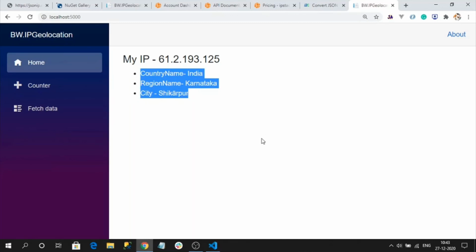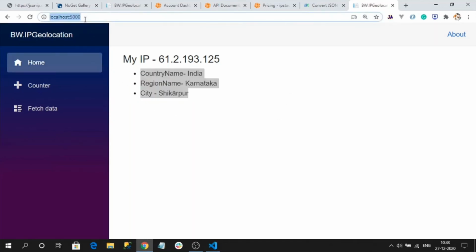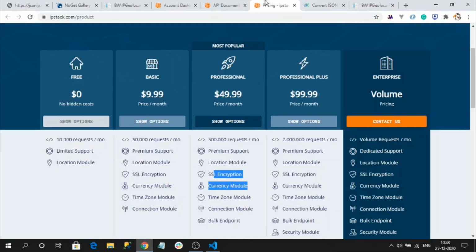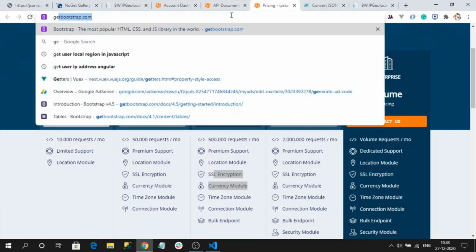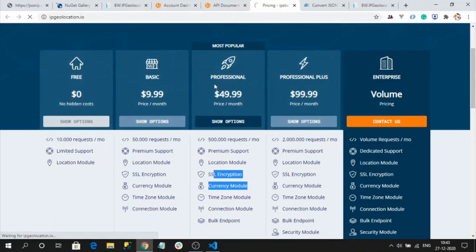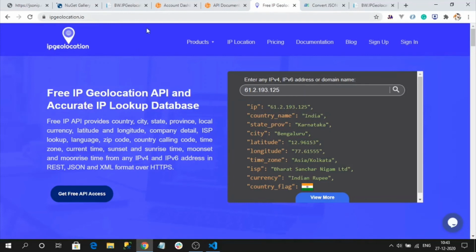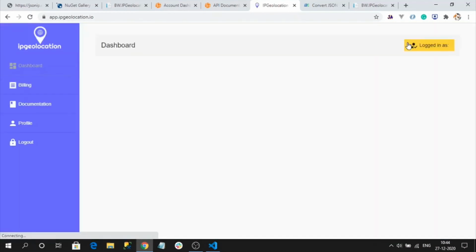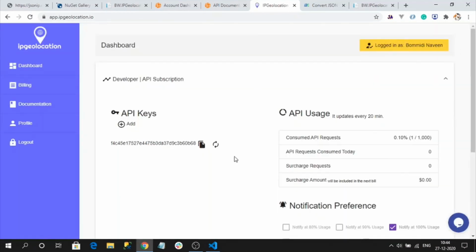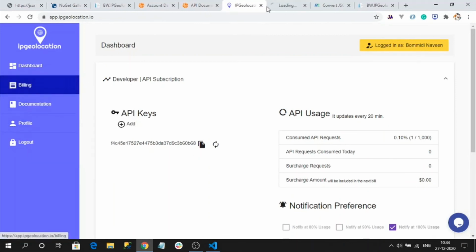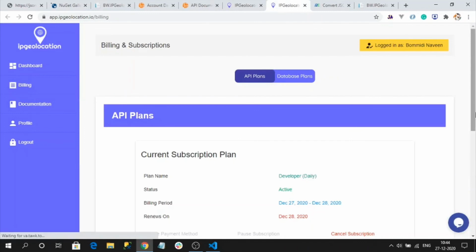But we have one problem, right? Here we are unable to use an HTTPS domain. There is another domain where you can get a free subscription for HTTPS as well. That is something geo, yes, ipgeolocation.com. This is also one endpoint where we can get the geolocation of the user address. Okay, let me sign in. So this is my dashboard. I am using the free version only. If you want, you can find the billings as well. But this is very helpful for a free subscription.